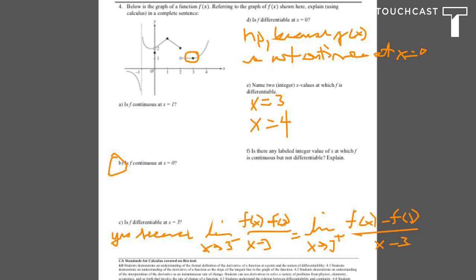Is there any labeled integer value of x at which f is continuous but not differentiable? That would be here at x equals 1. And then you just want to make sure you write out the reason, because the derivative from the left, so the limit as x approaches 1 from the left of f of x minus f of 1 over x minus 1 is not equal to